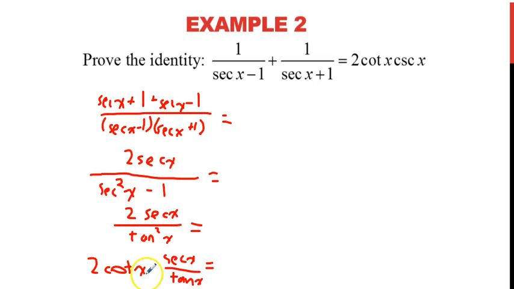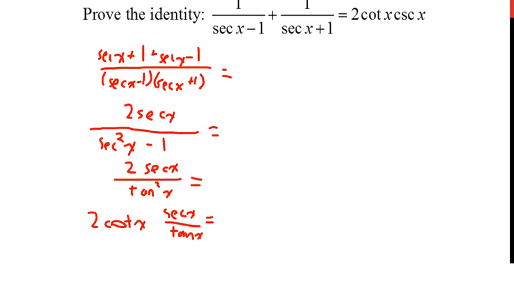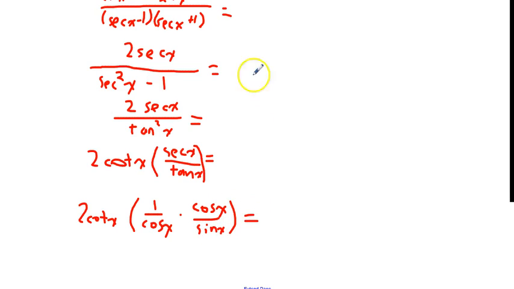So now I'm just focusing on that part, and I need to find a way to make secant x over tangent of x equal to cosecant of x. So I'm going to try changing this part only into sines and cosines. And if I'm using my keep change flip, I know that secant is the reciprocal of cosine. And I know that tangent is sine over cosine. Because I'm doing keep change flip, that would be multiplying by cosine over sine instead. Now that sets up the cosines canceling, so all I'm left with is 1 over sine, and if you remember the reciprocal of sine is cosecant,